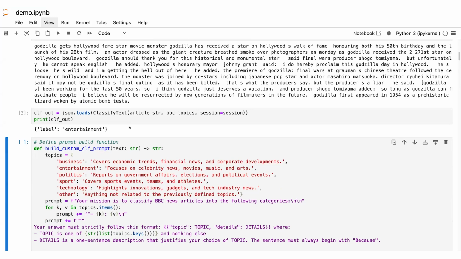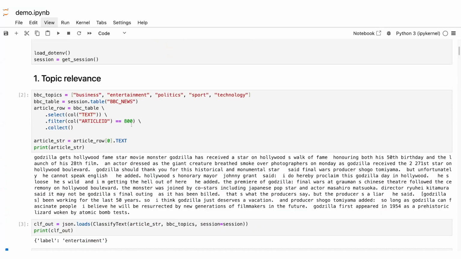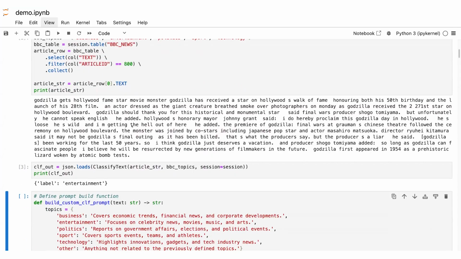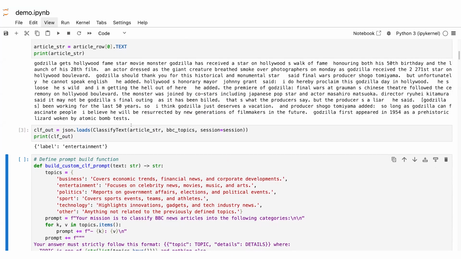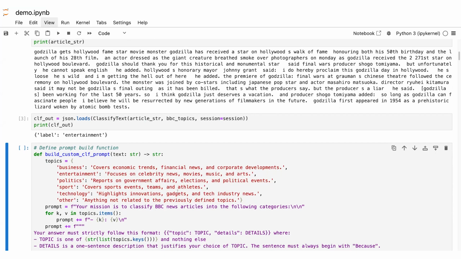What if we wanted to provide not just labels, but also descriptions for each of the labels, so that you as a user are sure of the quality of the classification? And this can apply not just to this use case, but to any other business use case where you have your own business-driven labels and you want to make sure that they are properly defined with as much detail as